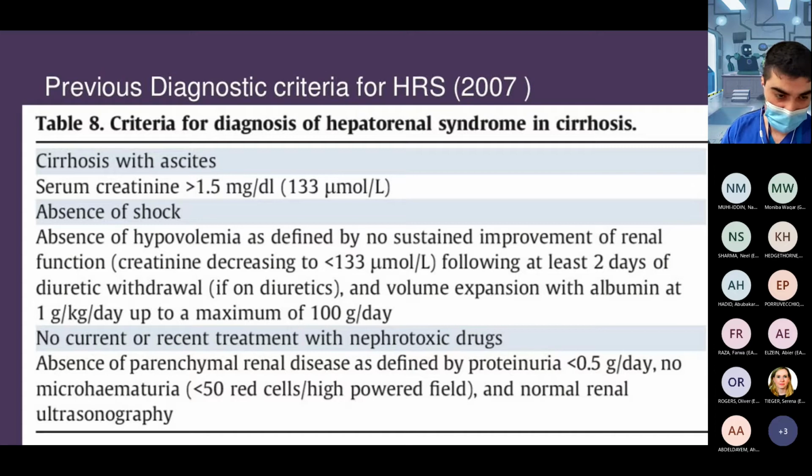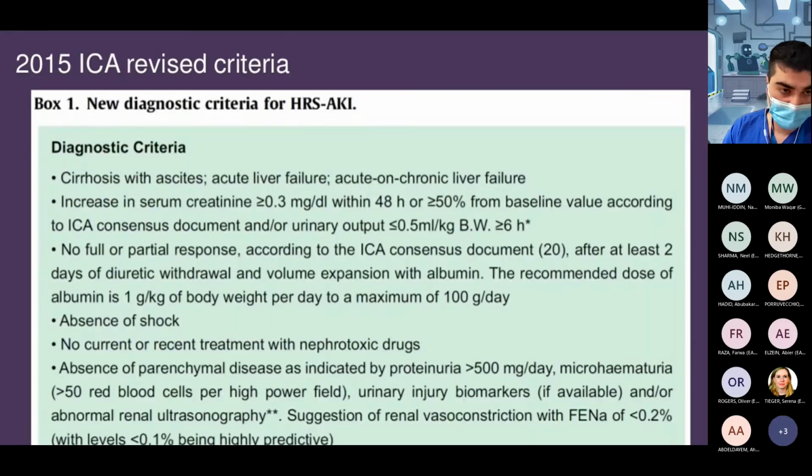So this is the previous classification you'd use to diagnose people with HRS1. The new classification is quite similar to the previous one. The main difference was that we recognized that we were labeling some people as HRS a bit too late. Rather than waiting for the creatinine to be above 133, you still had to have advanced liver disease, so you still had to have cirrhosis with ascites, but your actual cutoff for labeling